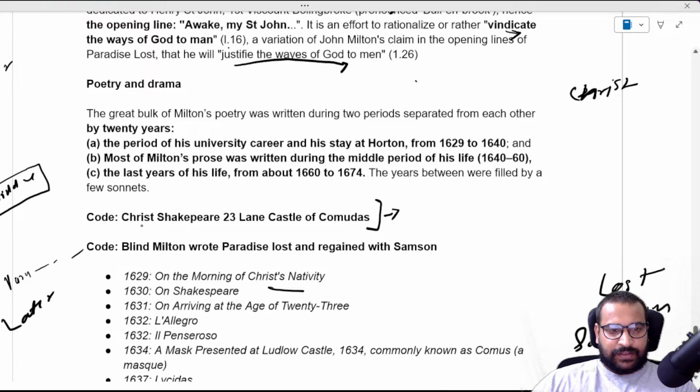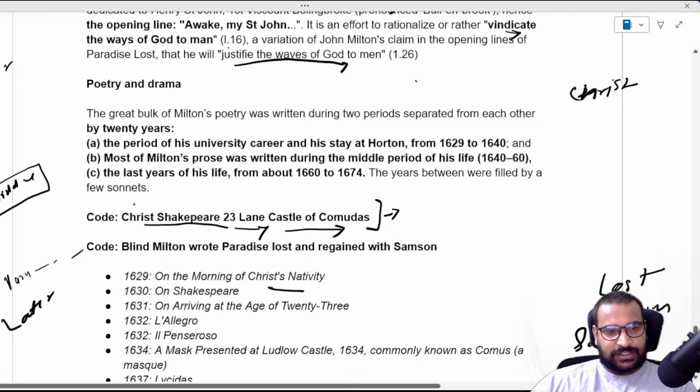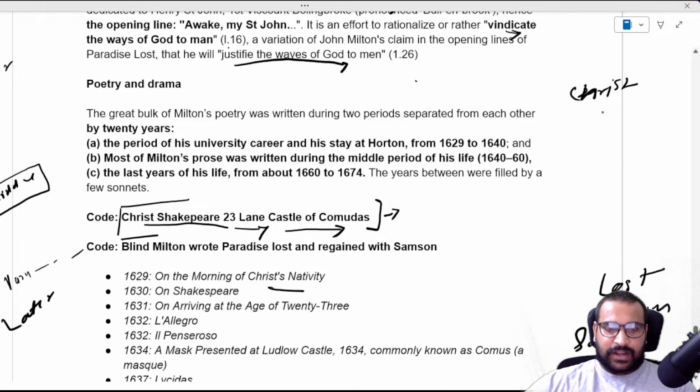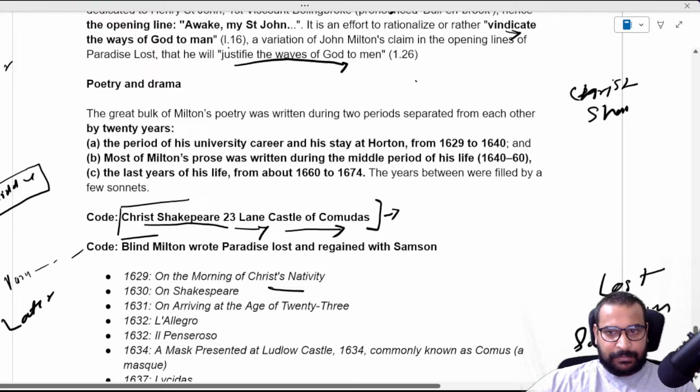Like we have Christ, Shakespeare, 23 Lane, Castle of Comus. So this address, if you remember, you'll easily be able to track all his work in one small sentence. So Christ is our first work on Shakespeare, remember, and then we have 23, remember, and then we have Lane, which represents our